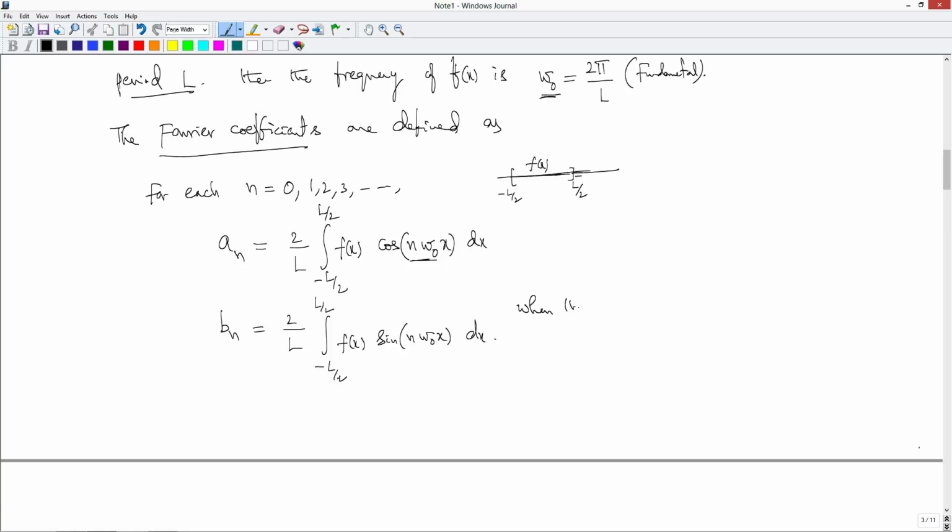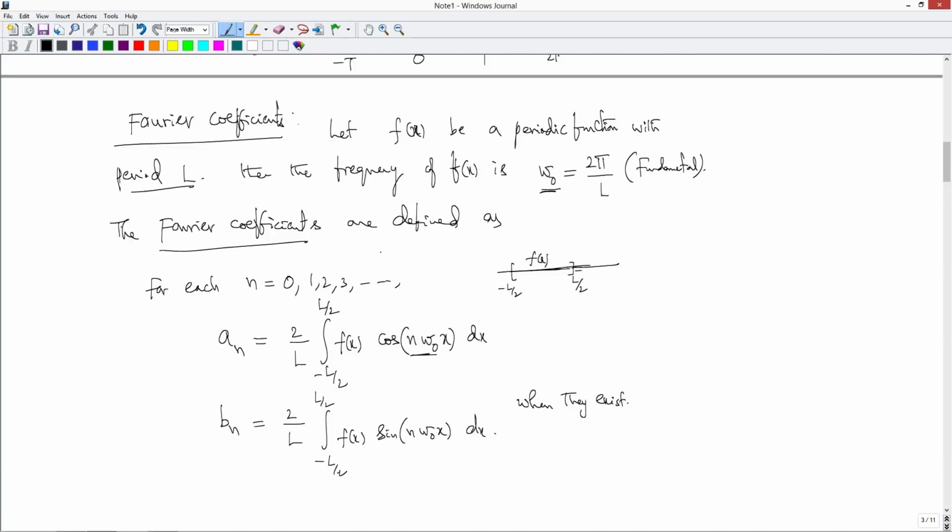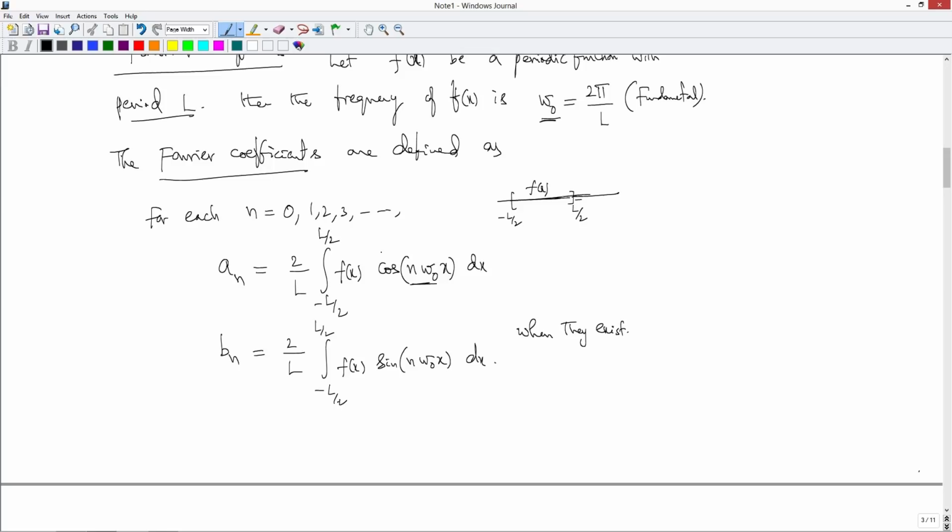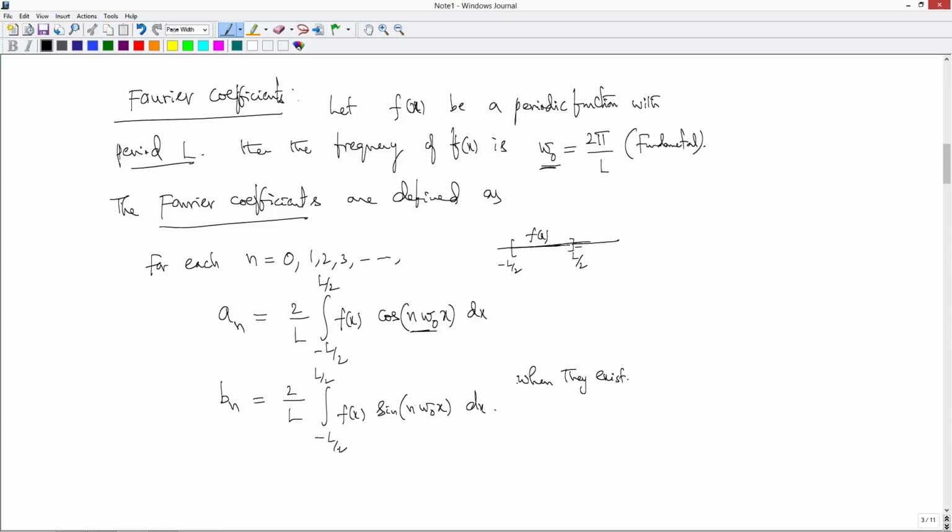What do you mean by when they exist? This integral should make sense. So f is such a periodic function for which, when you multiply with cosines and sines, it should be integrable. You should be able to integrate, and the integral value should be finite. So all these a_n and b_n should be finite for n equal to 0, 1, 2, 3 onwards. So, what is actually happening? Once you define these Fourier coefficients,